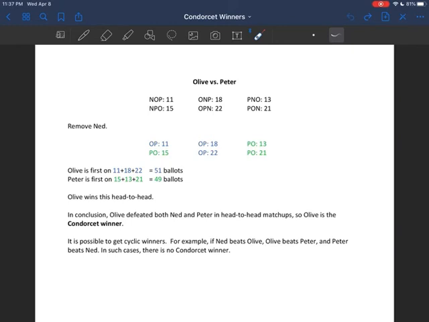So sometimes you'll get a hybrid method where you would say, well, if there's a Condorcet winner, they win. Otherwise, we use some other method, instant runoff or Borda count or something like that, to determine who the winner is. All right, so that's Condorcet winners. They're the ideal. That's kind of what we're looking for in a lot of ways, but